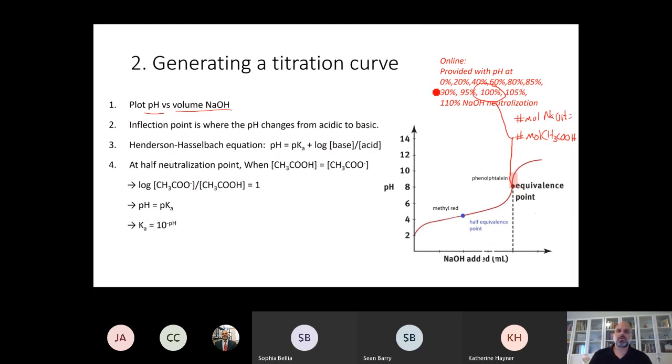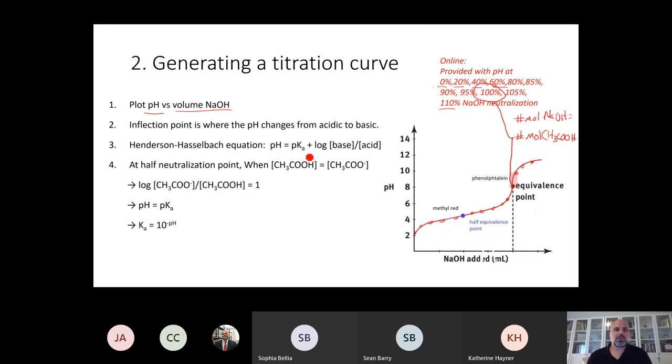So in this particular example, let's say you didn't know what the 100% point was. You simply start adding quantities. We can try 0%, 20, 40, 60, 80, and work our way all the way up to and past the equivalence point of sodium hydroxide. We're able to plot that, so you'd end up having little dots on the graph down below, and you would get a full titration curve,